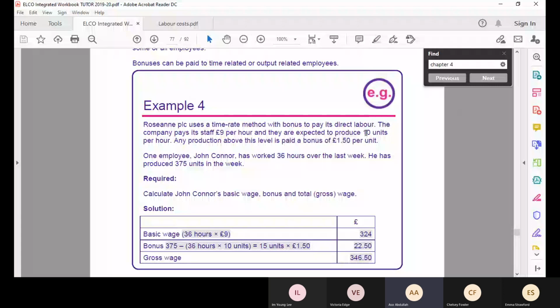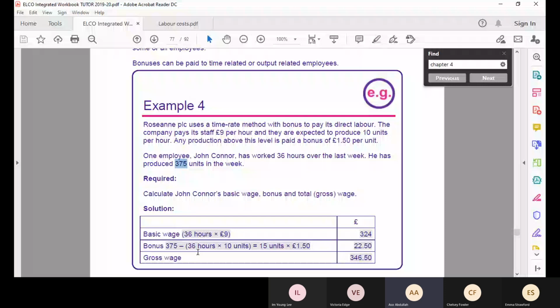So obviously John produced more than 360. He produced 375 units. So 375 units minus 360 means 15 units